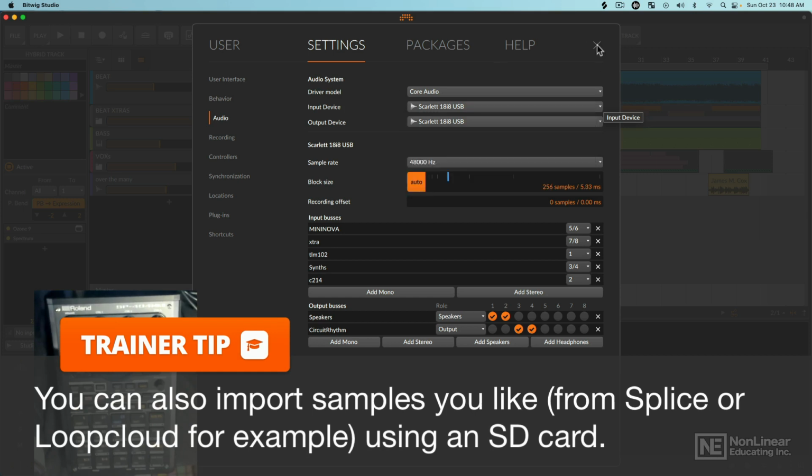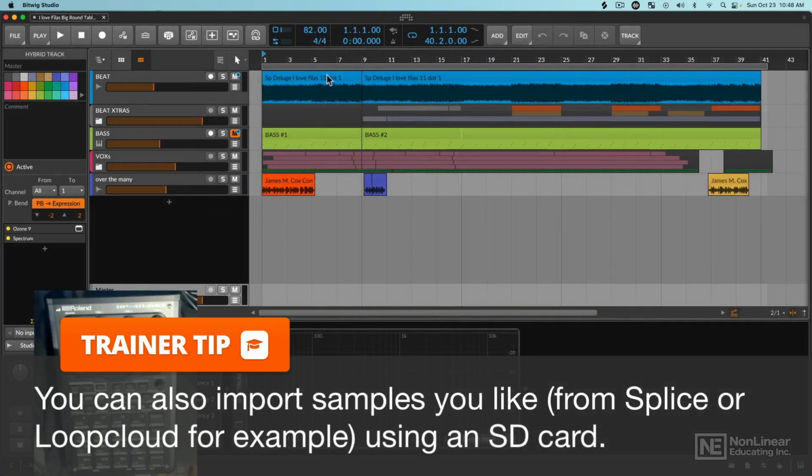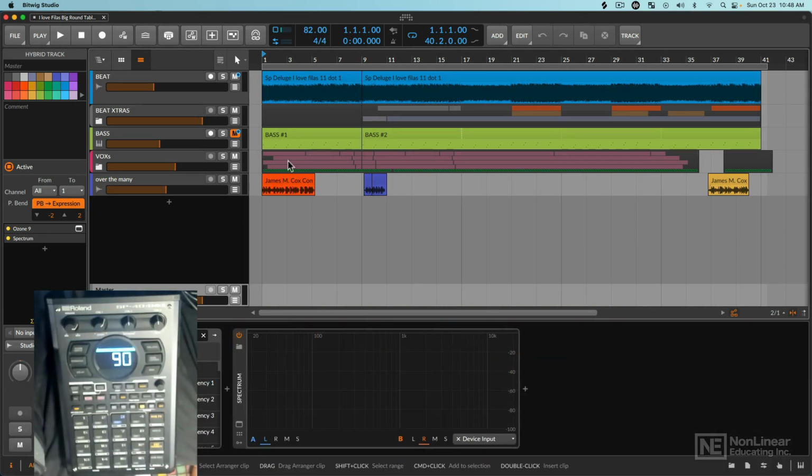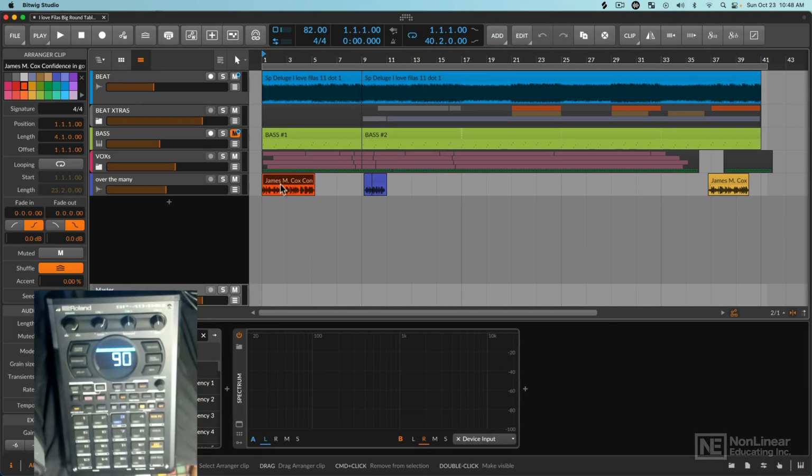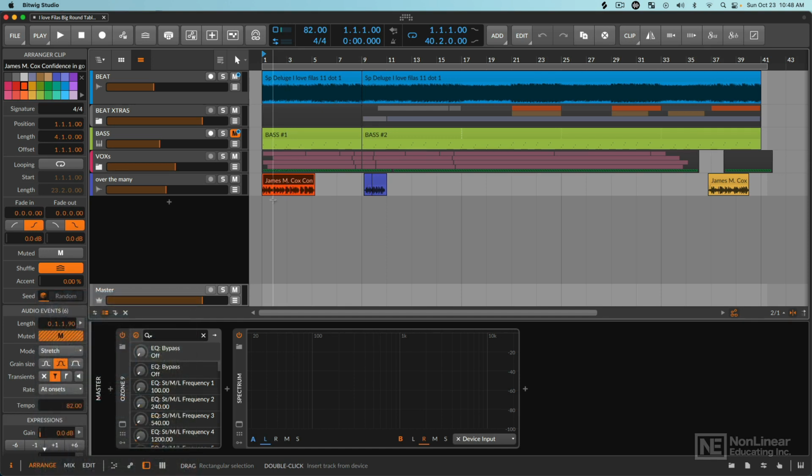So pretty much all the samples that we're going to be hearing in this particular song were gathered using that process. This is a sample from a speech that we're going to hear in a little bit, which came from the website that I just showed you. Once I had the stuff here, it was a matter of running it through different effects and then sequencing it and recording it into Bitwig. So let's look at some of the effects that I was able to utilize on the 404 before getting stuff into Bitwig. And then we're going to break down this specific song and we'll look into how I not only gathered samples, but also the process of recording vocals.